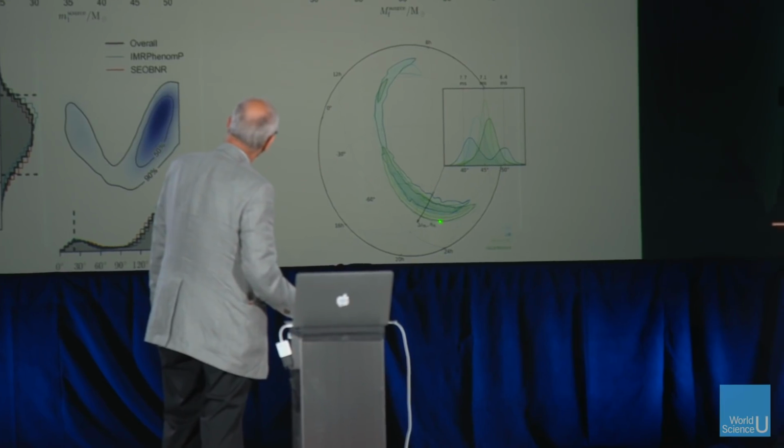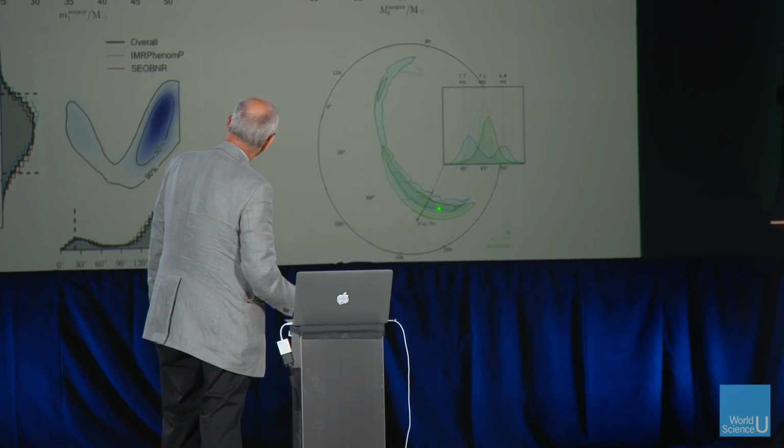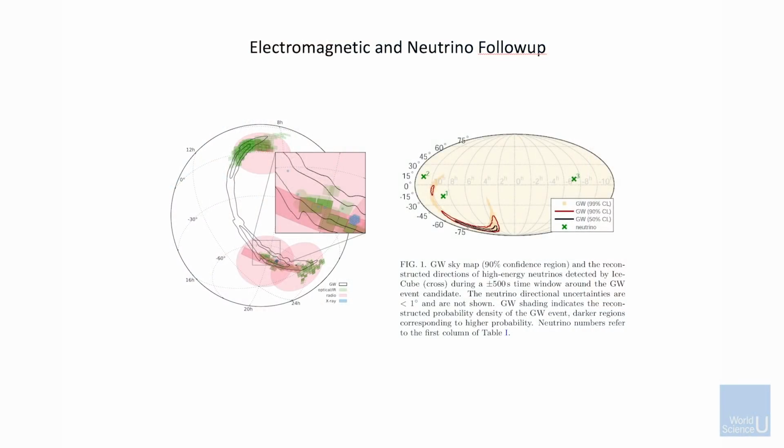And then here is the thing which is quite disappointing, but at least the best we could do with only two detectors. Where in the sky is this? And you see this great big banana. And we set people on to looking. We sent telegrams out to tell people where it might be. Here is the attempt that was made by people with electromagnetic instruments. We gave them a warning of where these are, and they tried to find something. They found nothing. And these are the patches over which they looked. This is a map of the sky in a funny projection, but it's declination and hour angle.